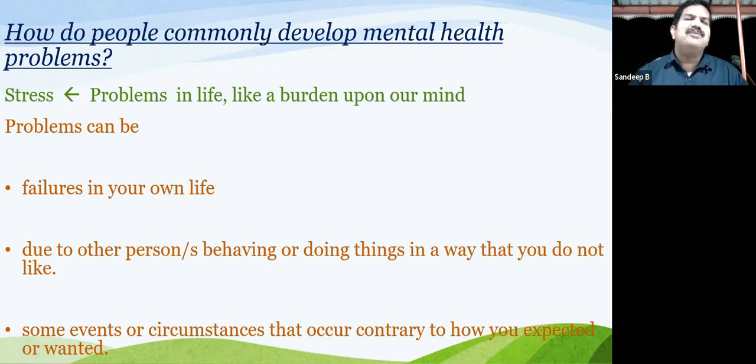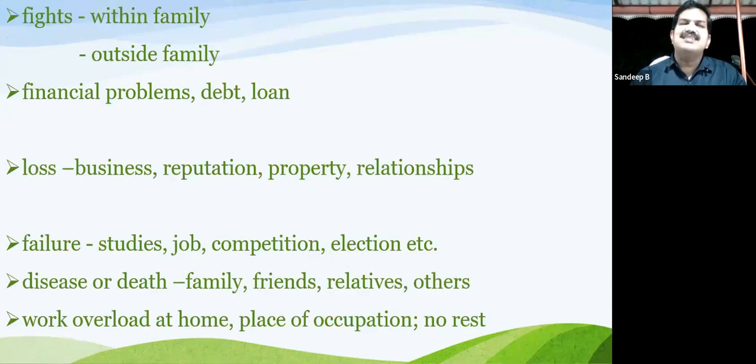And it can be problems, some failures in our own life, problems from other people. Some people behave in a manner that we do not like, or some people do not behave in a manner that we like. Or there can be circumstances that happen which are contrary to our expectations. There can be fights within the family, outside family, financial problems, loss of business, loss of reputation, loss of property,